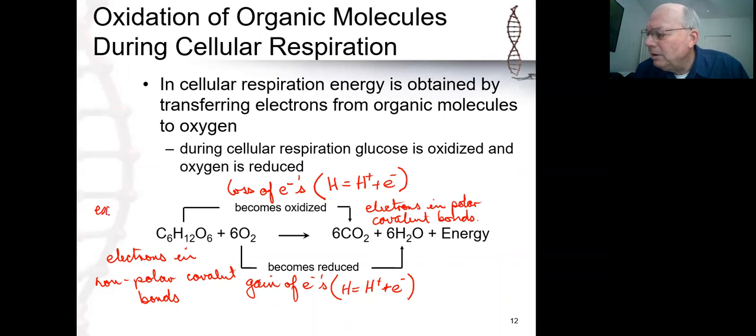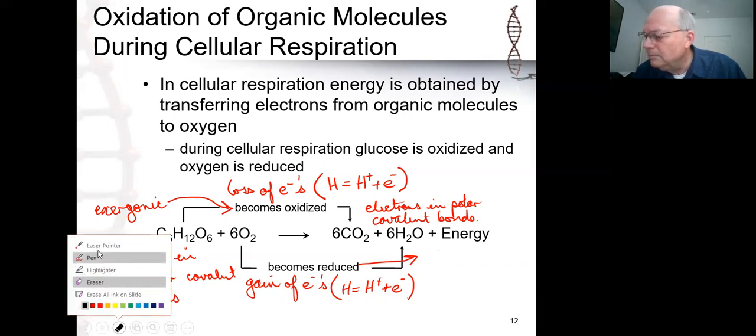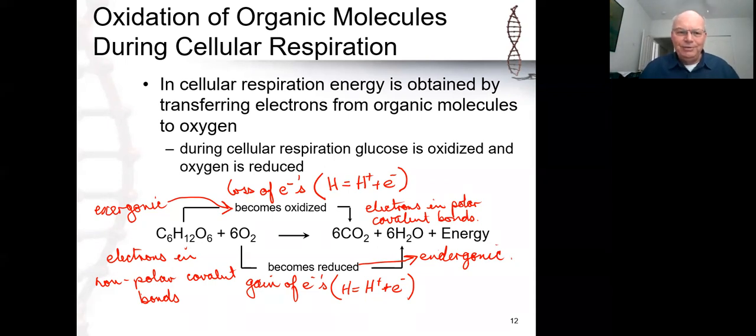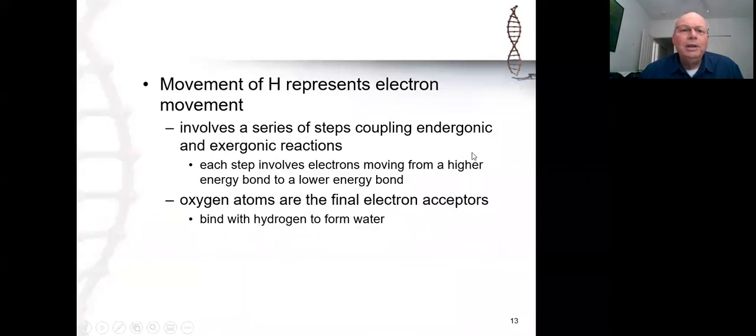And I'll put in here as well, hexagonic. Remember again, oxidation is exergonic, loss of electrons, loss of energy, and reduction is endergonic, gain of electrons, gain of energy. So let's take a look at what goes on in terms of